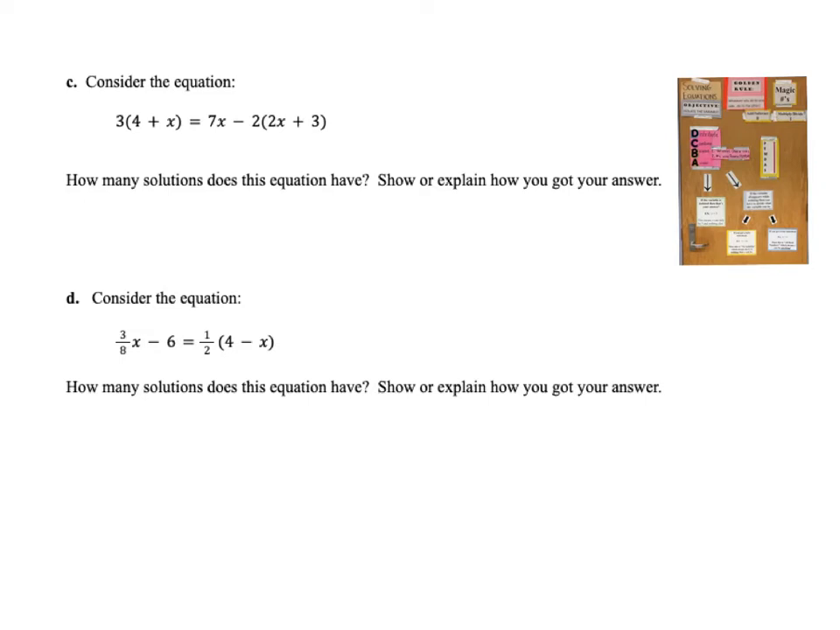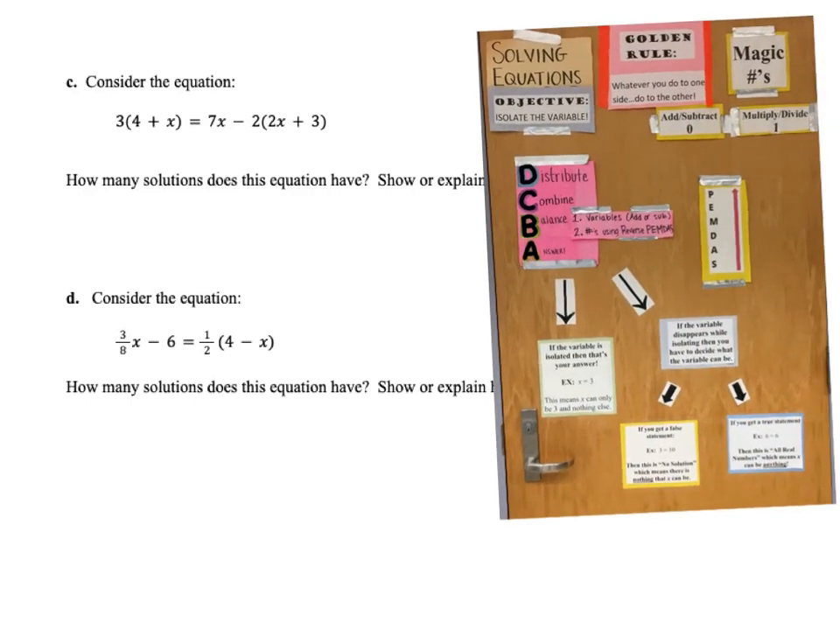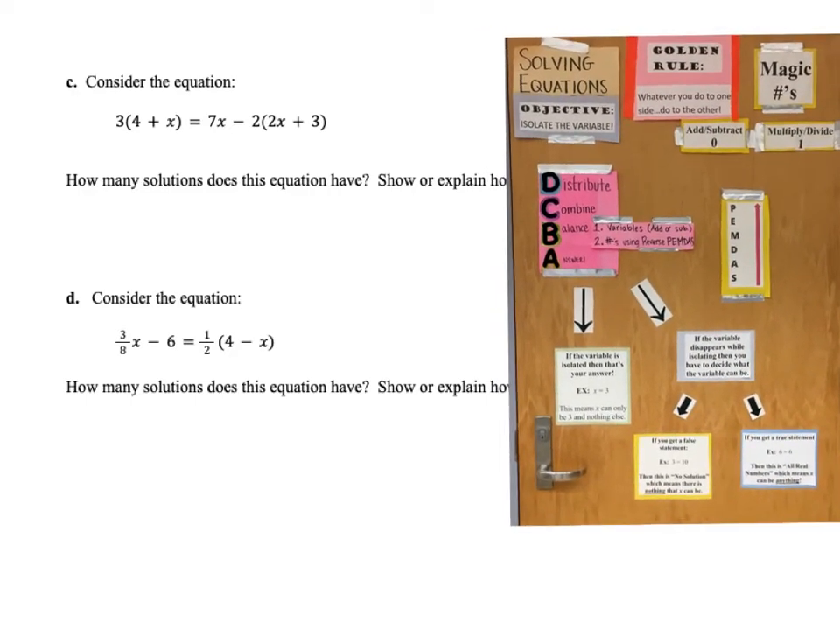So now let's look at this next part. It says, consider the equation 3 times 4 plus x equals 7x minus 2 times 2x plus 3. And it's asking me how many solutions this equation will have. And so essentially, I'm going to have to solve this equation. And if I follow my flow chart, and this can be me showing my work, I can start by